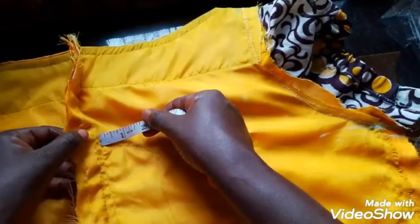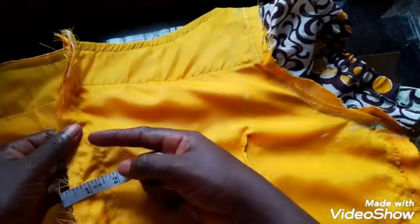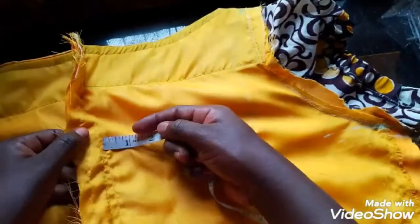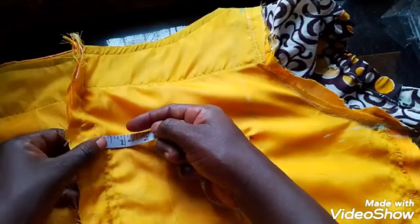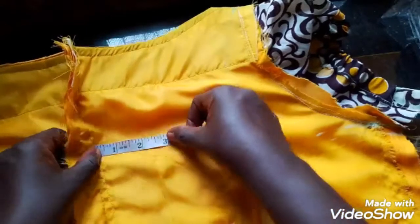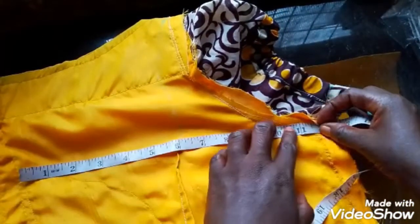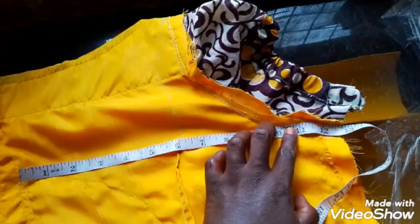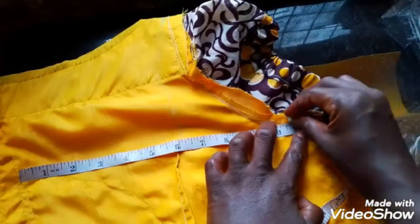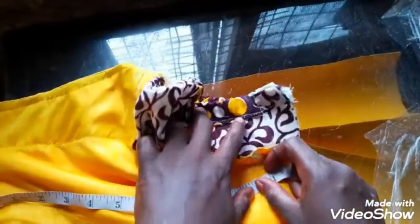Like this zipper side here, I have not put the zip, but this is the line for the zip. When I want to add it, that is when I will loosen it. But I will shape it first before I attach my zip. So for this sewing side of the zip, I will place my tape rule there, straight to this armhole. I said my round bust is 10 3/4. This is my 10 3/4. I will sew